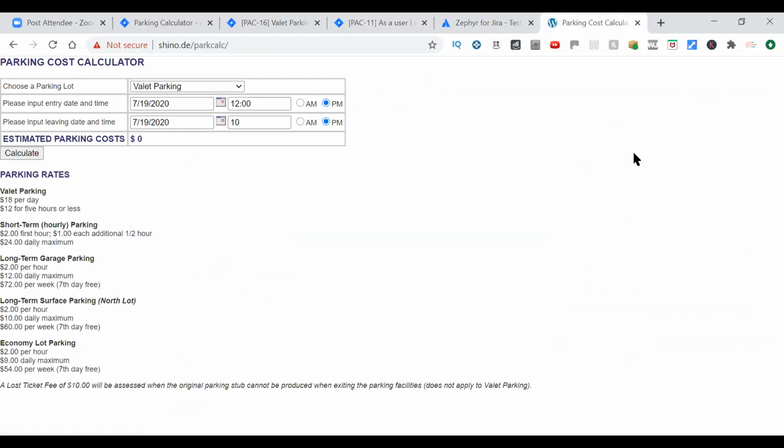Come up with as many scenarios as you can, because what you need to do is find if there is any defect in it as well. So now, for example, we have just chosen a time. So still we are calculating it for a day. You can write many other scenarios, like maybe you can choose a time from AM to AM, or you can